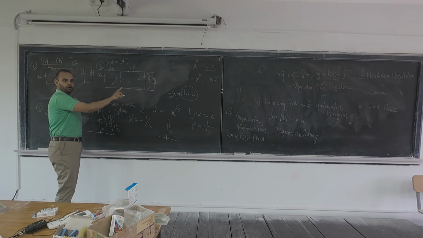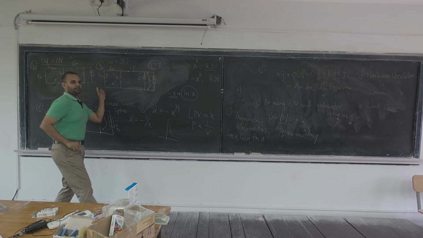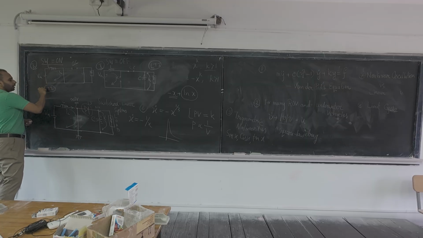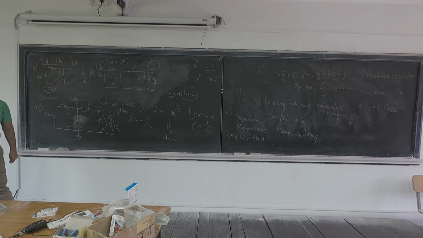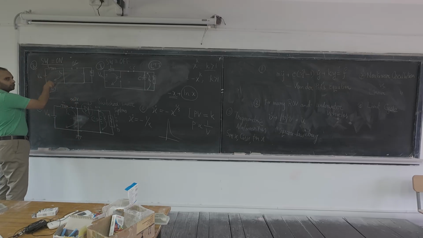Now this is linear, not only linear, LTI. This is an LTI circuit, right? At the same time, this is another LTI circuit. So as the switch changes its position from on to off, what happens? The system switches back and forth between 1 and 2. So if this is configuration 1 and this is configuration 2, then based on the switch position,